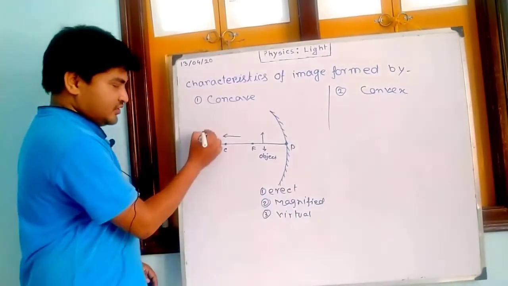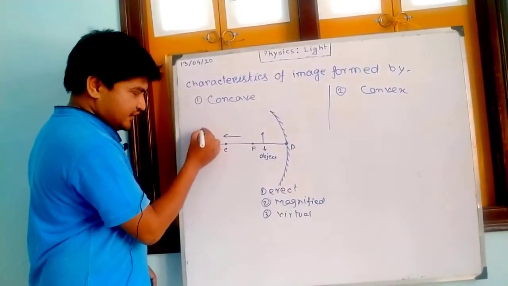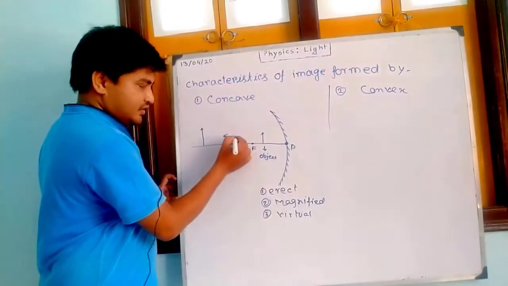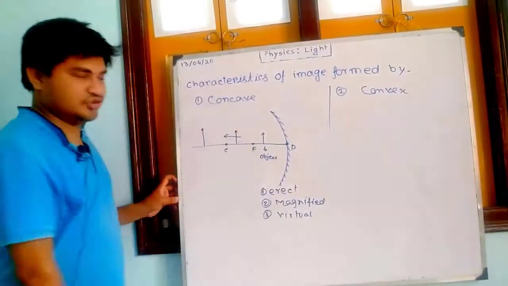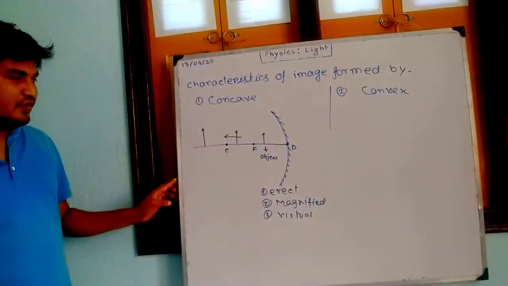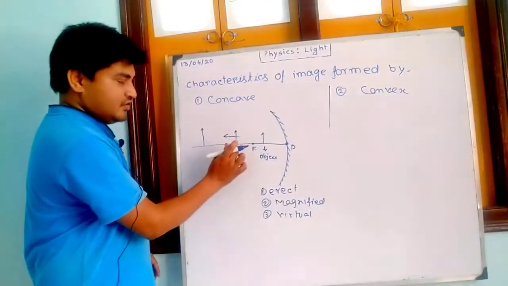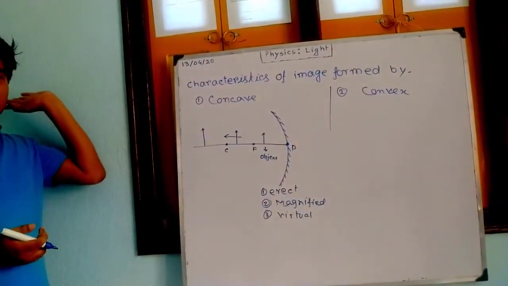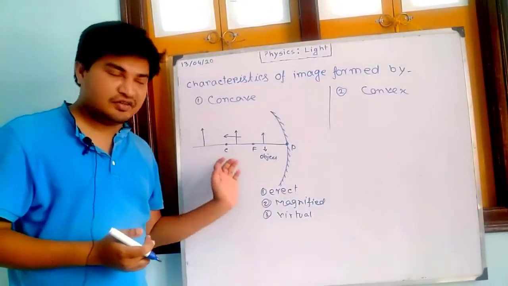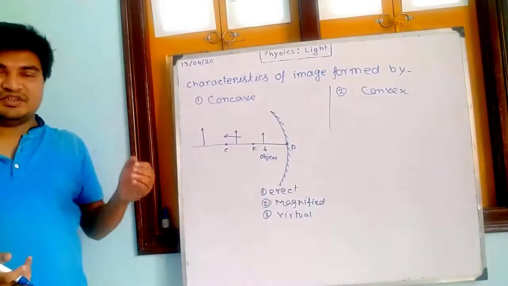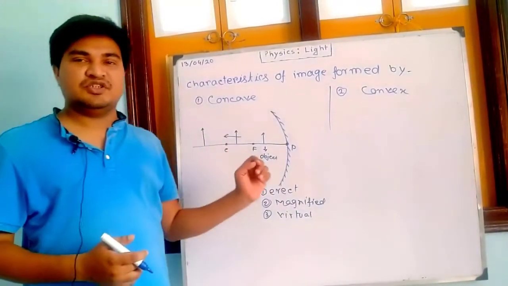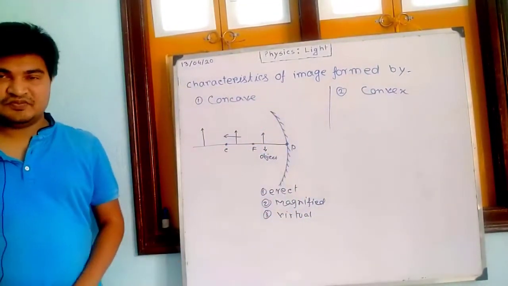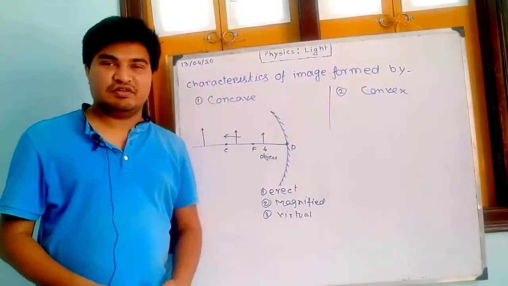Okay, so that is, if we place an object in this position, the size of the image will be less than at this position. Clear what I said? That when the object moves from focus to the center and from center towards or beyond the center of curvature, then the size of the image will decrease, and the nature of the image will be inverted and real. These are the properties of the images formed by a concave mirror.